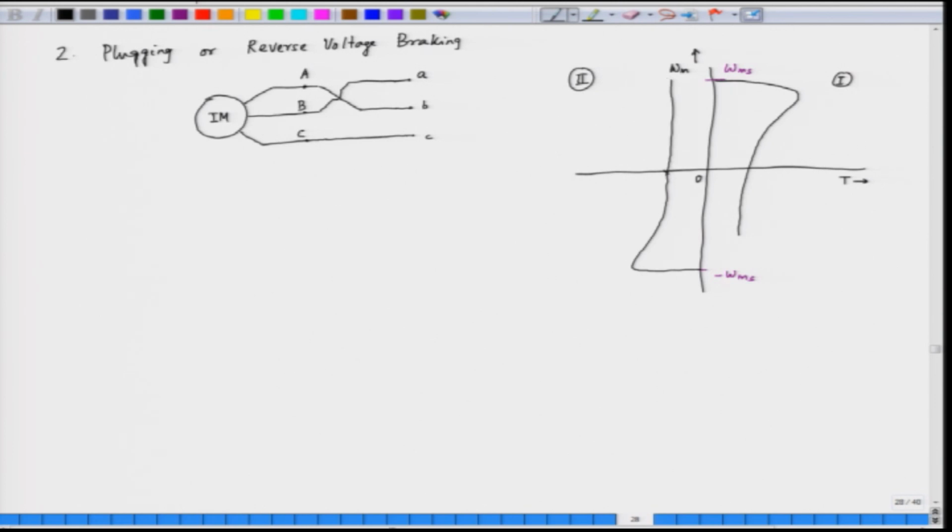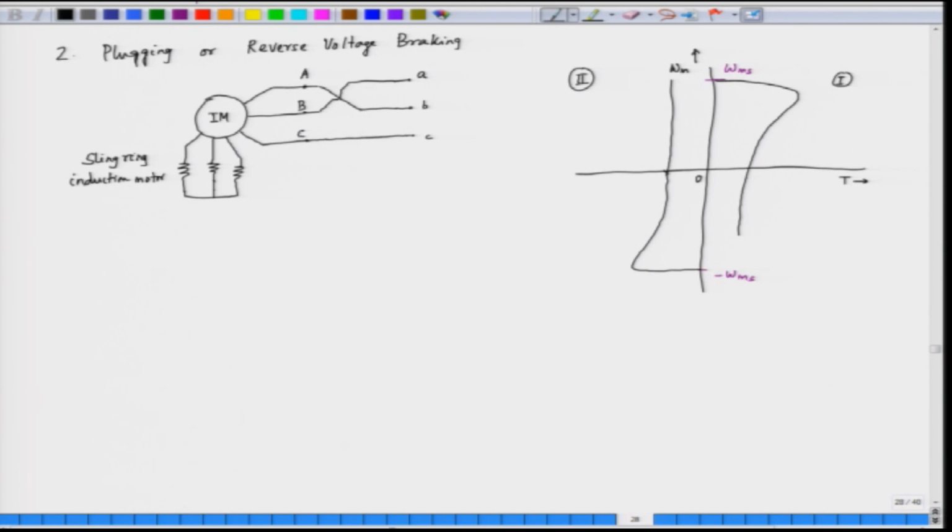And if we have a slip ring induction machine, we have the provision of introducing resistance in the rotor. So, we have the rotor circuit in which we can insert the resistance for a slip ring induction motor. This is possible only if you have a slip ring induction motor. So, when we introduce the rotor resistance and go on varying it, our